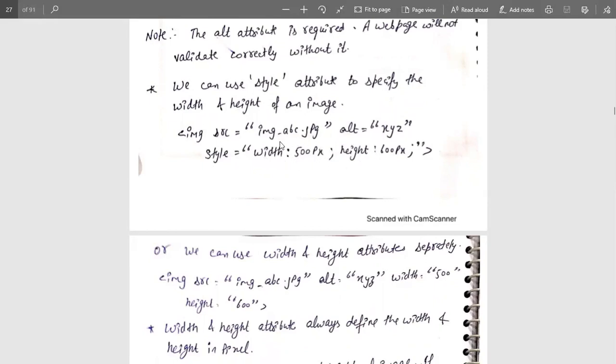These definitely come as a pair, mentioning how much width, in pixel format, and height, also in pixel format. Here px is for pixel. So the styling contains a width of 500 pixels and a height of 600 pixels, and after that the angular bracket of the image tag is closed.